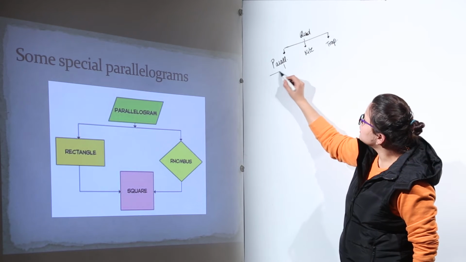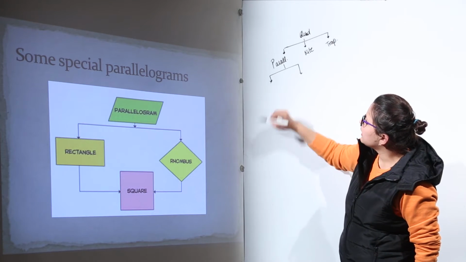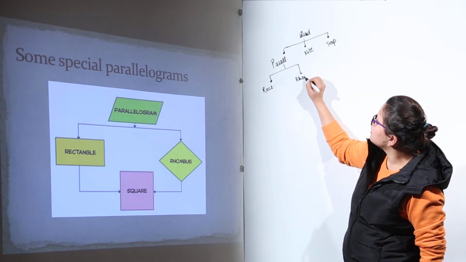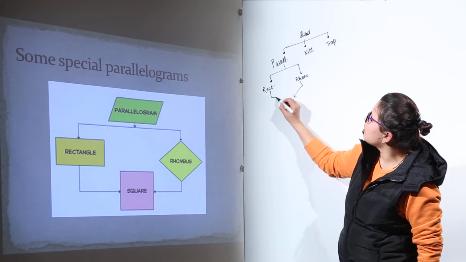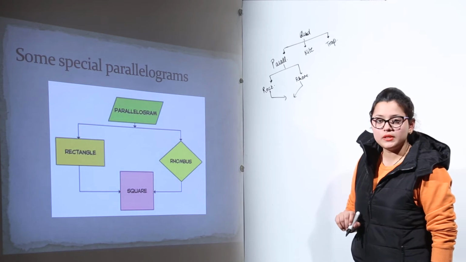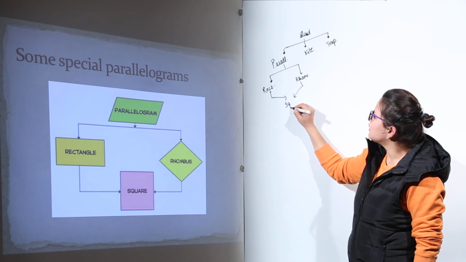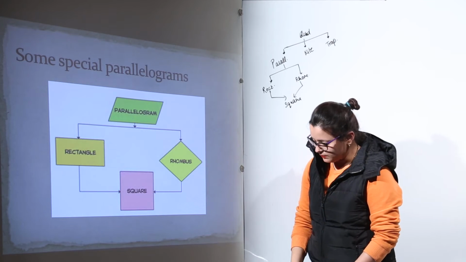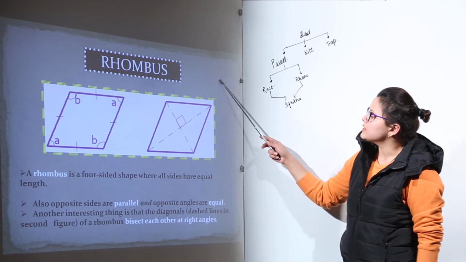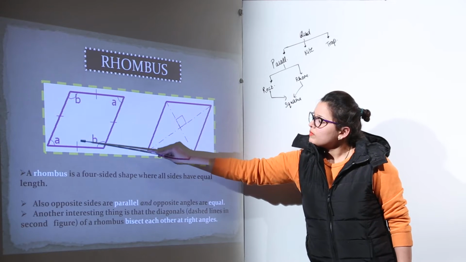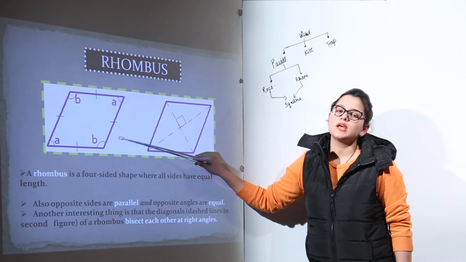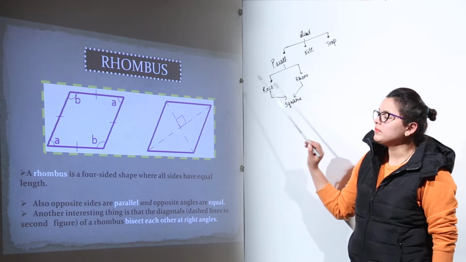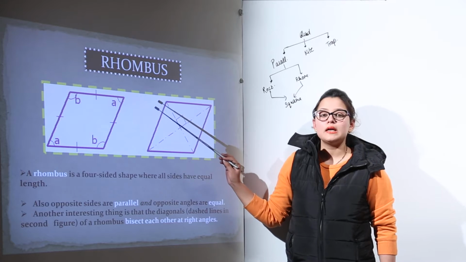We will study the types of parallelograms further that have been made in the diagram, that is rectangles and rhombuses, right? And when both the properties of rectangle and rhombus are combined, we would get the square. Now let us discuss each type of parallelogram in detail. The first is rhombus. Now you can see rhombus has four sides because it is a type of quadrilateral only, but because it is a type of parallelogram, it will have equal and parallel sides.